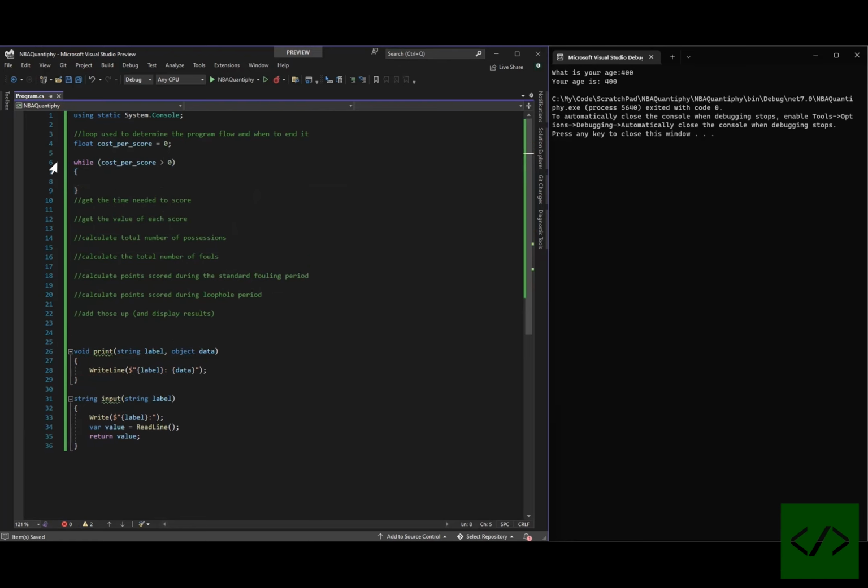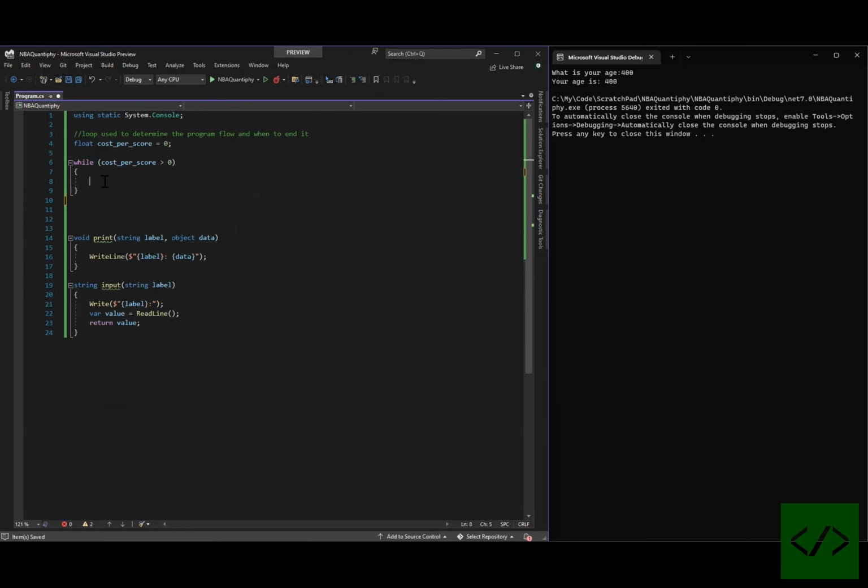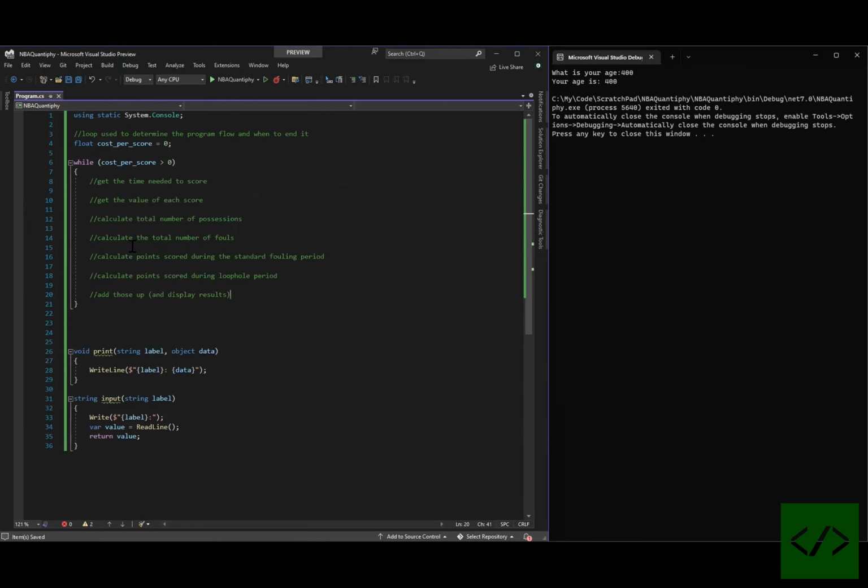There we go. So while the cost per score is greater than 0, we're gonna do all these things that we need to do. So I'm gonna put all this in here. And if the cost per score is less than 0, then basically we will... I'm using greater than or equal so it can go in the first time. So I'm going to just print out